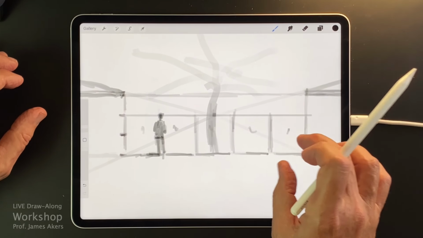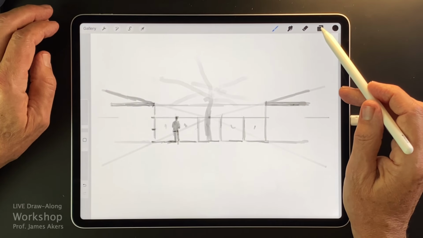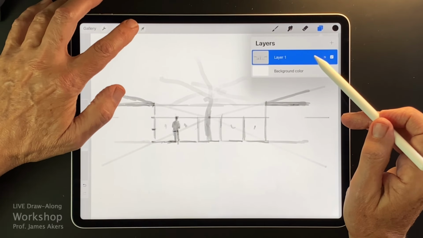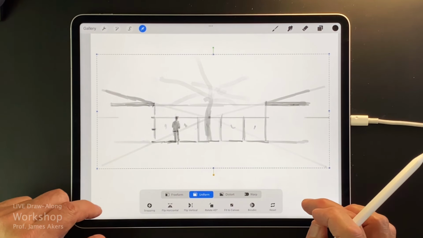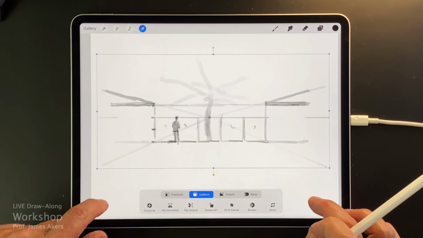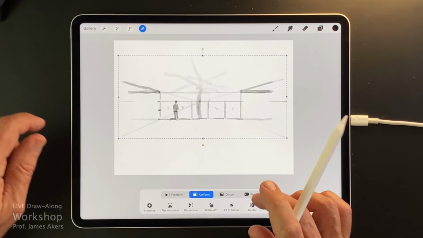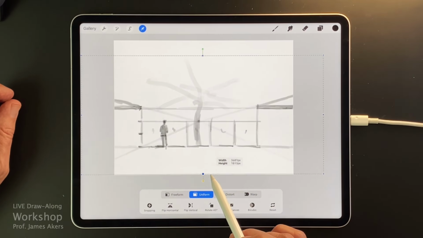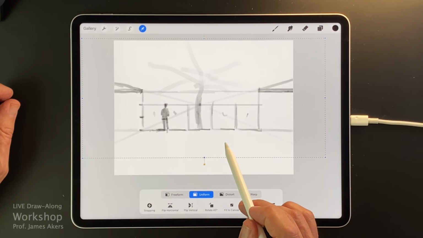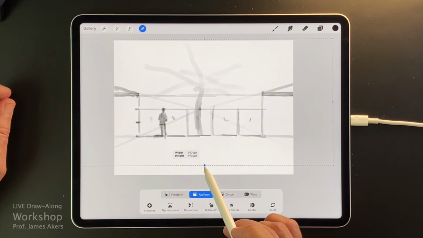So since this is all on one layer, and this again is the beauty of all this, that you can just keep making these kinds of changes, I'm going to select that whole layer. I'm going to move it in carefully with my fingers like this, and because I'm in uniform selection, I'm going to bring it out until it starts feeling correct to me, like the emphasis of the drawing.